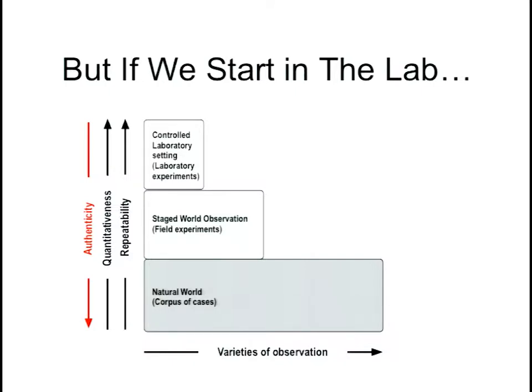So for me, there's an even bigger issue with starting in the lab: because we're not authentic, we don't know if we're solving the real problems that are going to make the robots that we're working on for rescue, the robots that you're working on, more readily adoptable. I would like to see robots in use within 5 or 10 years rather than 20 years. So are we working on the right problems?